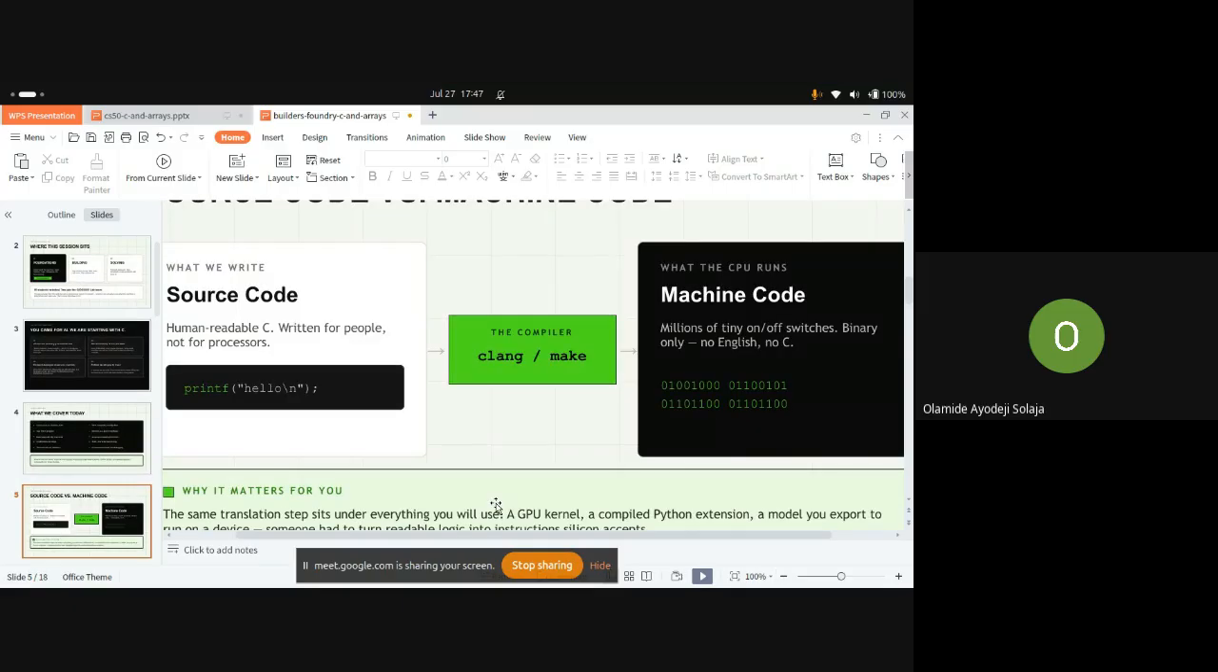To the next slide: source code. What do we mean by source code? Most of you might have been hearing the term source code, source code, source code. What does source code actually mean? And what does machine code actually mean? Source code is human-readable code, whether in C, Python, or JavaScript. Whatever code you write to solve a problem, or to explain a concept,